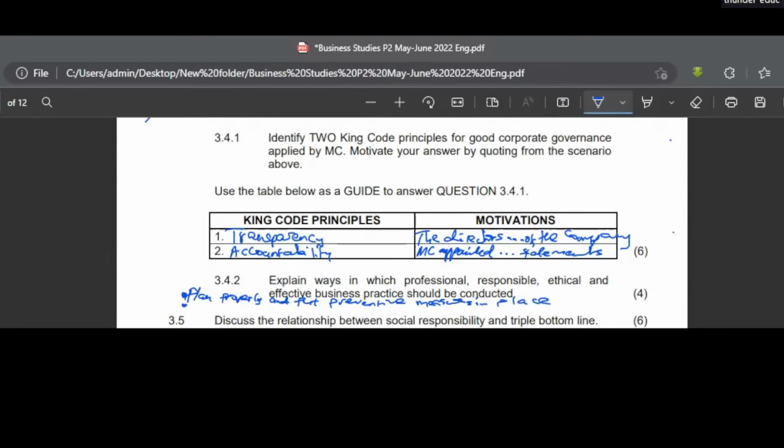Second one, we said mission statement. The mission statement should include the values of equality or respect. Okay, right. So now we are done with question